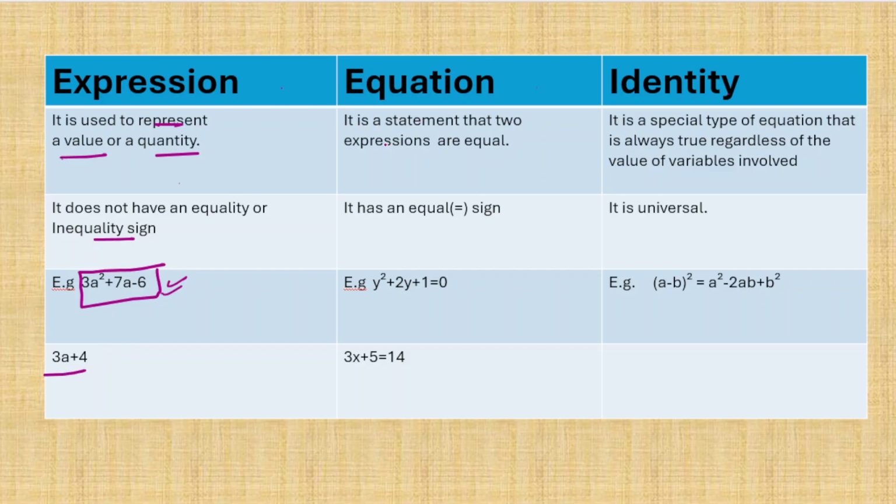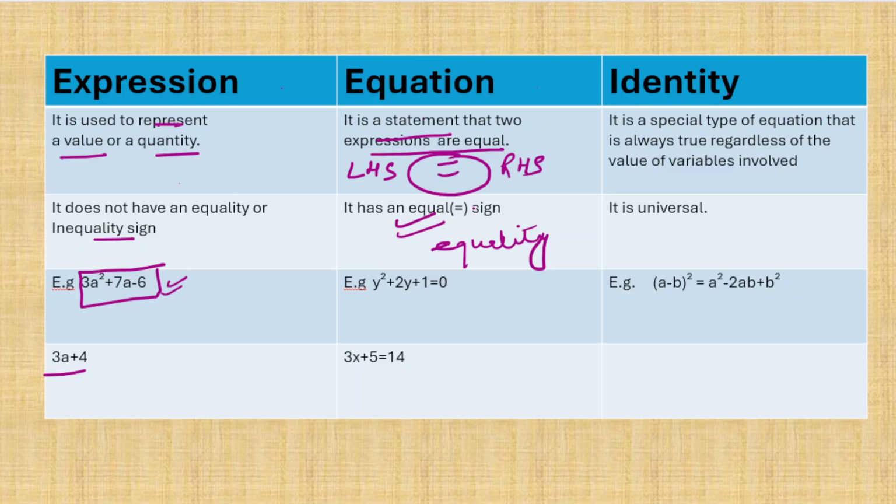Whereas an equation is a statement that two expressions are equal. In an equation, you always have two expressions, one on the left hand side and another on the right hand side, and both are separated by an equal sign. It must have an equal sign. It is compulsory for an equation that the equal sign is there because it holds for equality. We are doing the comparison that two sides are equal. So comparison is being done here. But in an expression, we are not doing any comparison.